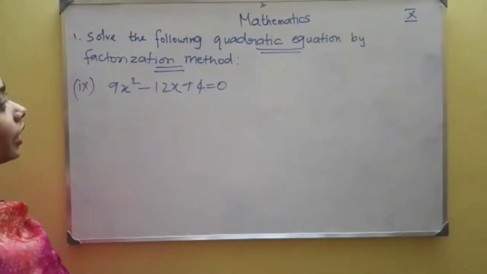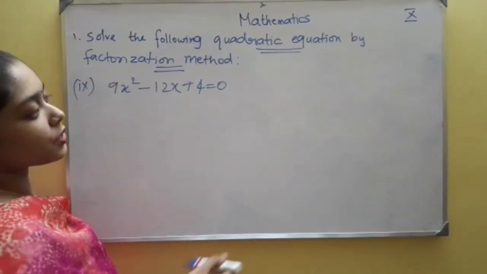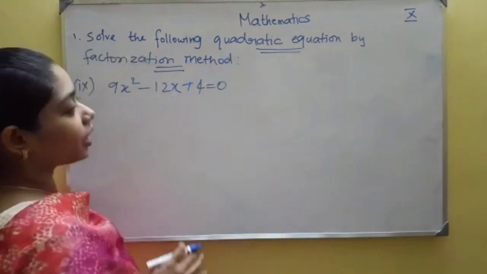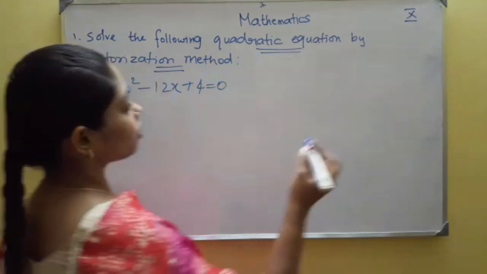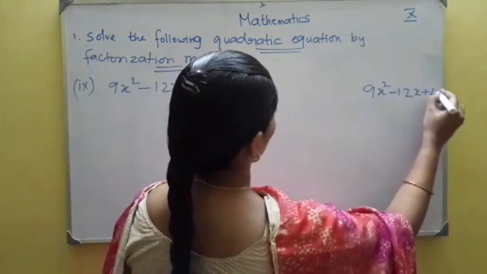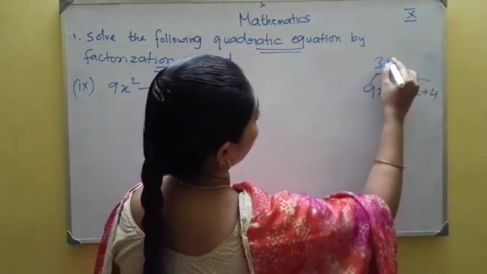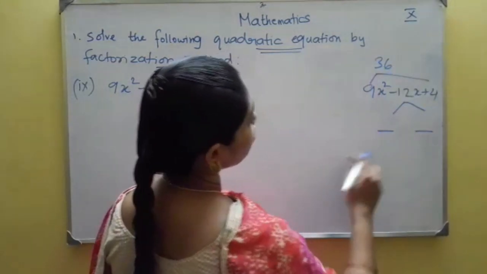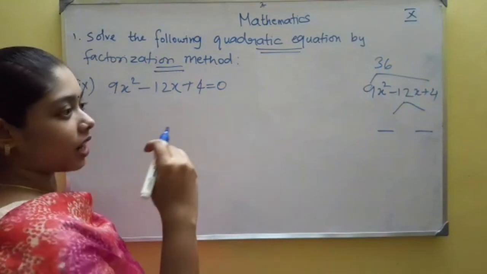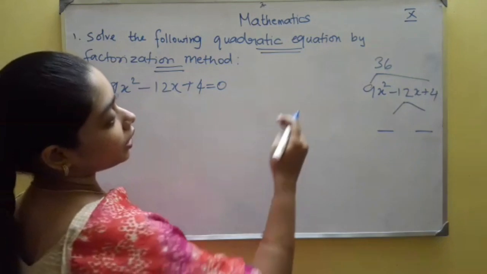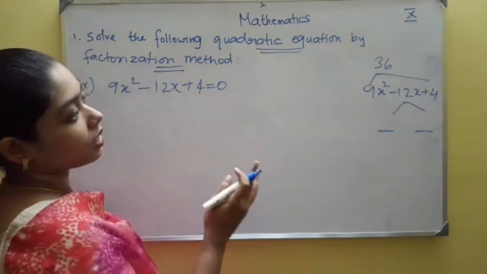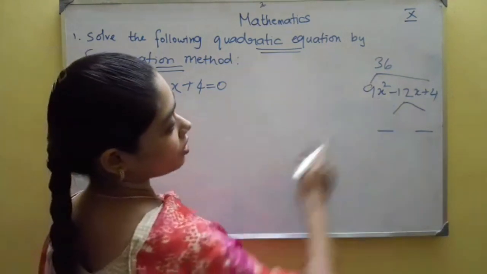This is the given quadratic equation to you, 9x square minus 12x plus 4 equal to 0. Now this is in the form of quadratic equation, ax square plus bx plus c equal to 0. No need to rewrite the given equation, so just do the factorization. 9 4s are 36. You want to find two numbers whose addition gives you minus 12 and multiplication is supposed to give you 36. If I start from the 2 table, I will get 2 into 18 is 36, but it doesn't give you minus 12, right?